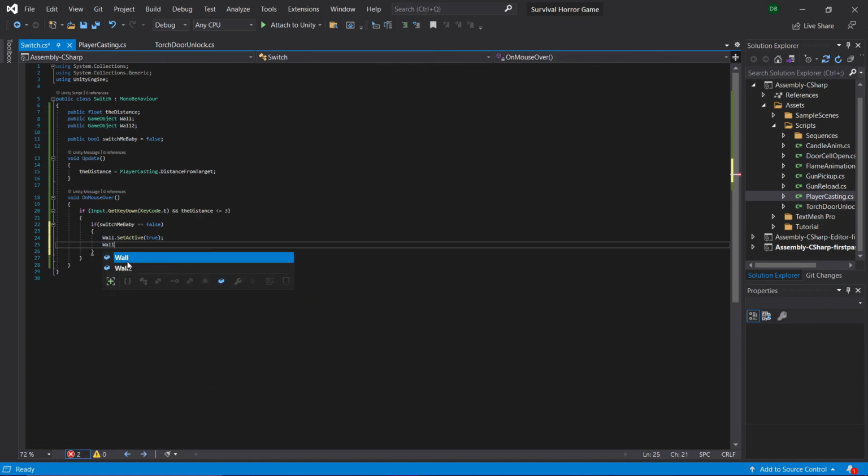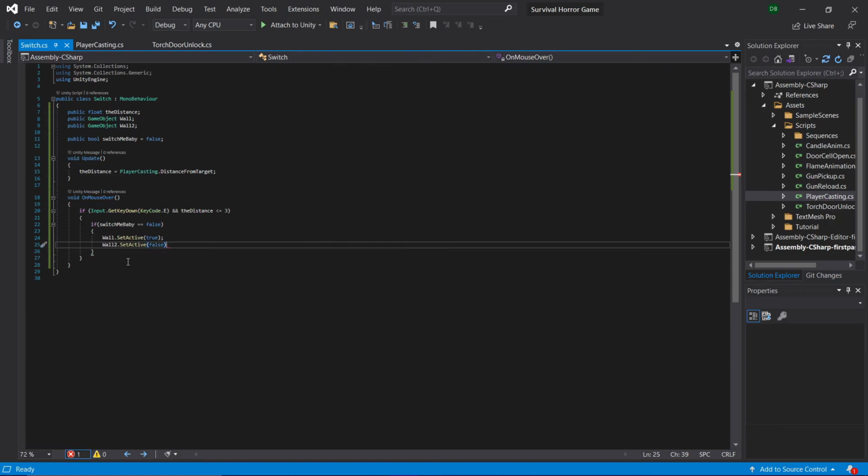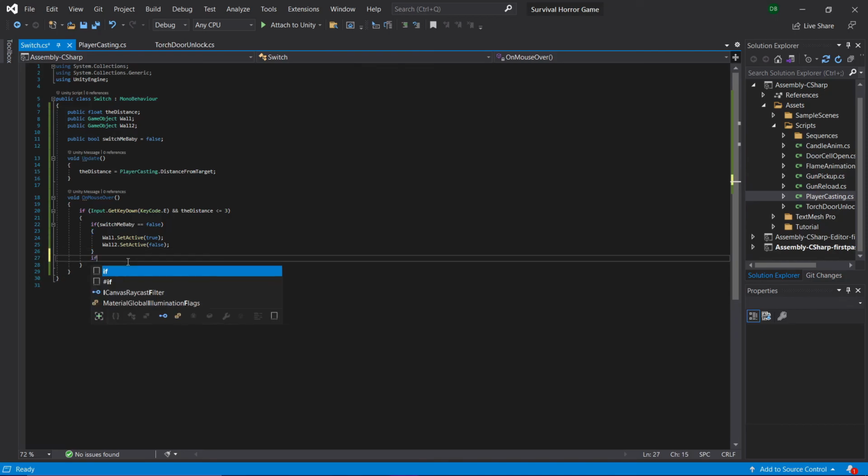And wall 2 dot set active equals false. You could actually add more items into it, but you would have to create a continuous section, which I could get into more. But for now, this is a 2-item basically switch. It's a switch. It's literally an on-off switch. That's all it is. And we want another if